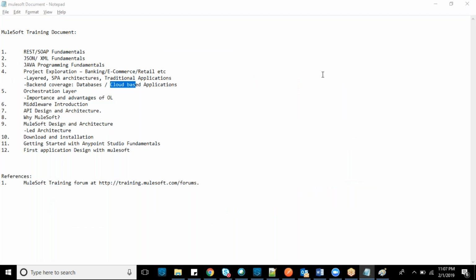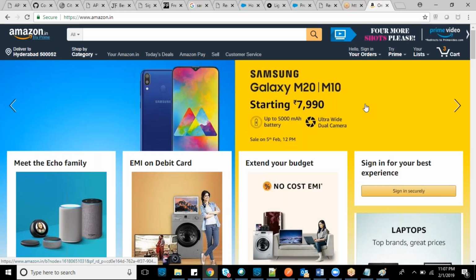For example, the product information and product details are different. If you see a Samsung M20, you can find it in Flipkart also, with the same logo, the same details, the same data, and the same photograph, correct? So this is not required to be as secure.